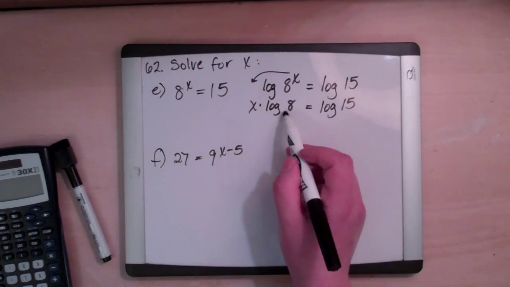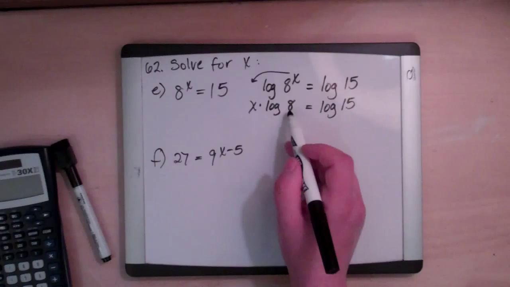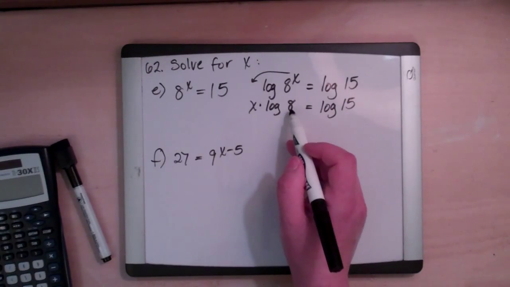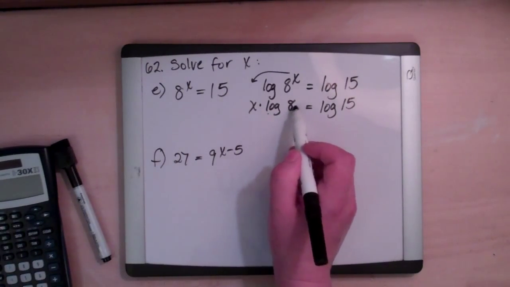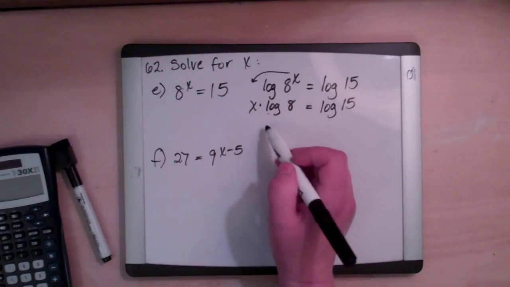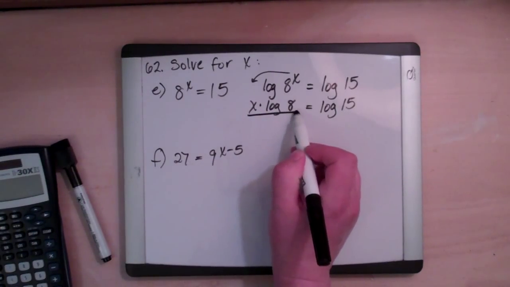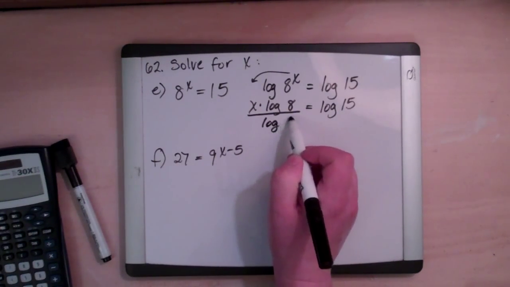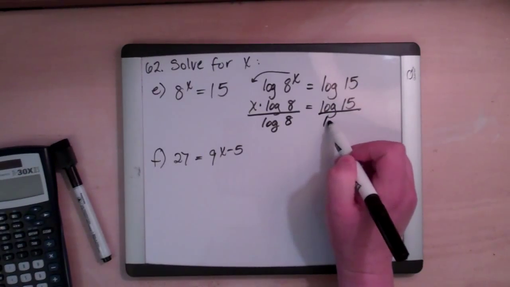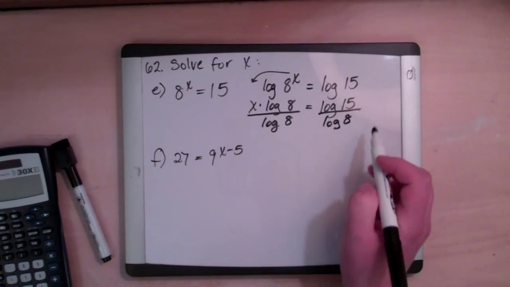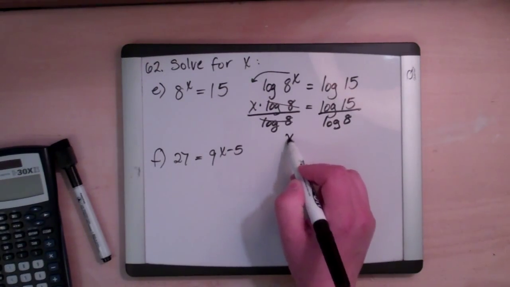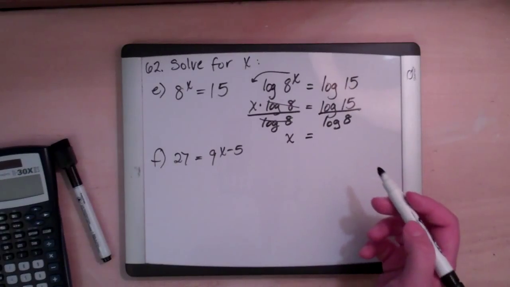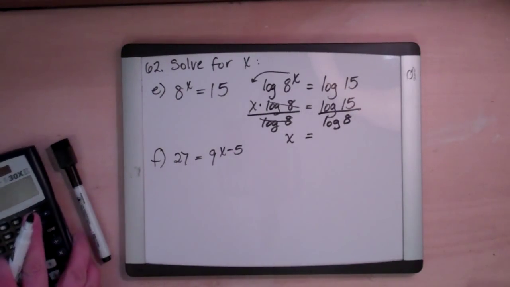Now the log of 8, that's something I can punch in my calculator and I can get a number out. But just so that I don't have to worry about rounding error, I haven't punched in the number yet. What I'm going to do is treat this as just a number, coefficient on x. And I'm going to divide both sides of the equation by the log of 8. So now this cancels out, that cancels out. I have an expression, x equals whatever that number happens to work out to be, and I'll plug it in